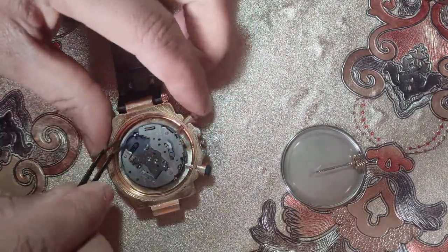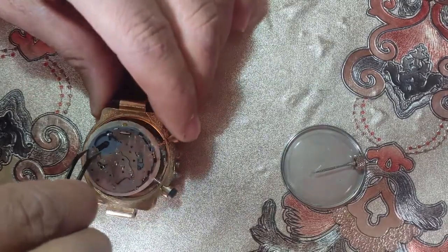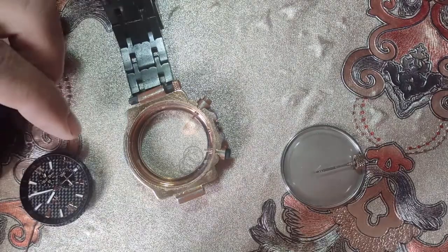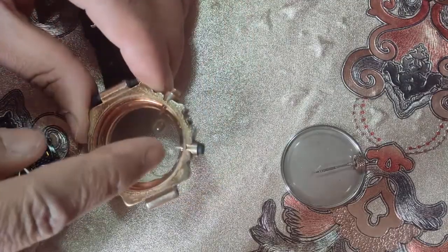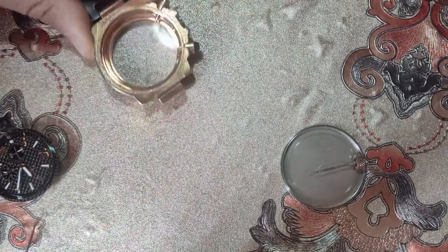Now I have to go to the next step and remove the watch from the inside. You have to be careful to not break it. Everything I open it because those circles are removed. Okay, so I have to use